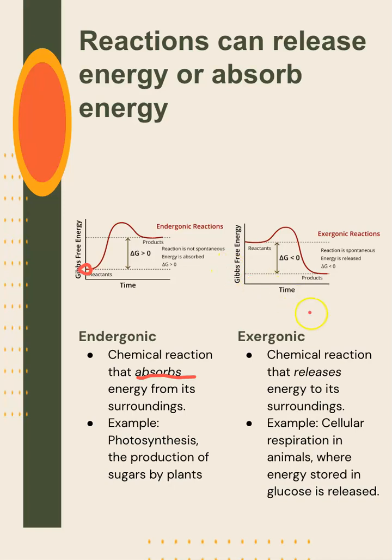The other type of reaction we're going to look at is exergonic reaction. Exergonic reaction does not require energy. It actually releases energy as we move from reactant to product. So you can see here we start at a higher Gibbs free energy, and by the time that we get to our product, we have released energy, right? The product is at a lower Gibbs free energy compared to the reactant. This reaction is spontaneous,